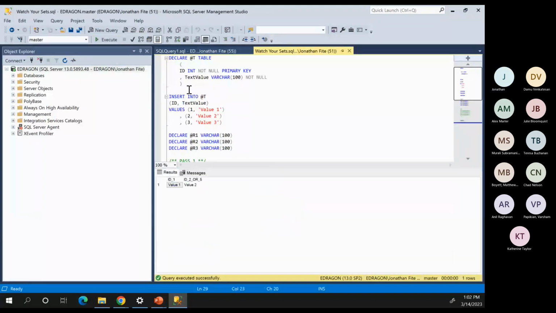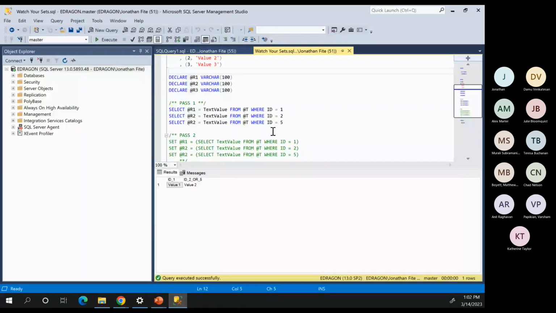But the answer is it keeps the value. It keeps the value. Selecting your values like that, I would consider that a bad practice. Instead, what you want to do